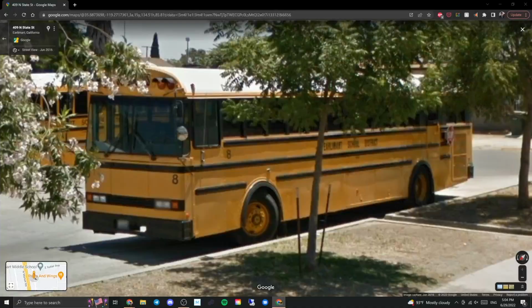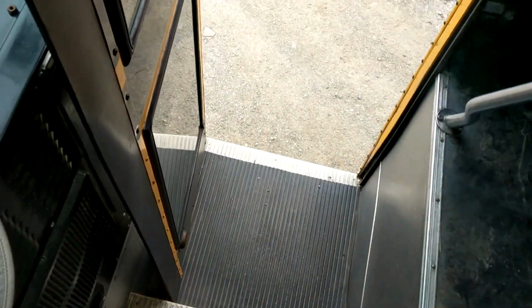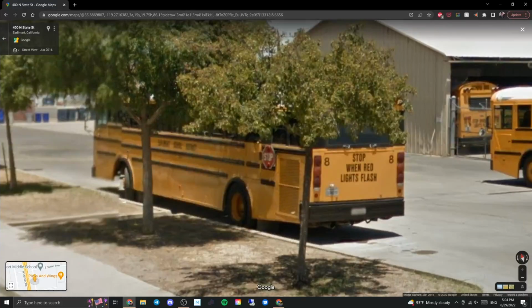You can also tell that this is a Carpenter based off of the doors on the inside. Those are stereotypical doors, and on the Super 2s, they would just have the one singular door that opened up, and these would just open out like a normal school bus. You can also see where they changed a little bit on the back. This would not have been a typical Super 2 setup. This actually looks more like a Gillig to me, but I'm pretty positive that the stacked taillights like this were